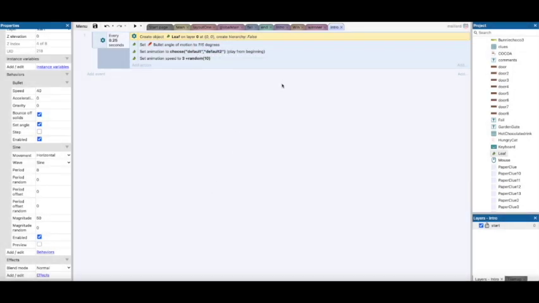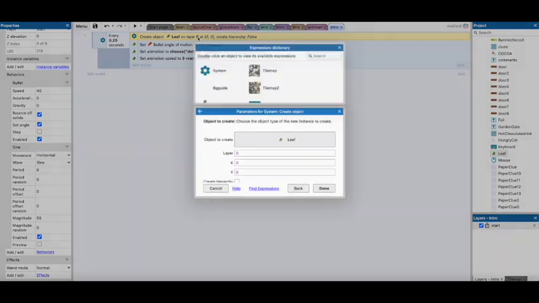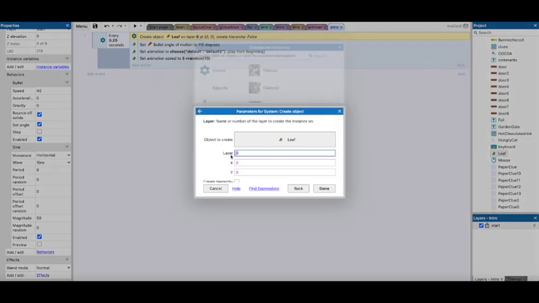So we've got create leaf on layer 0. Let's just make sure we're on the right layer. So I think what we'd do is let's put it on start, the layer start, as we have that. Now to figure out what layers you have, you can just put one speech mark in, and then we can look down here and we can see that all the layers are indicated. And then at